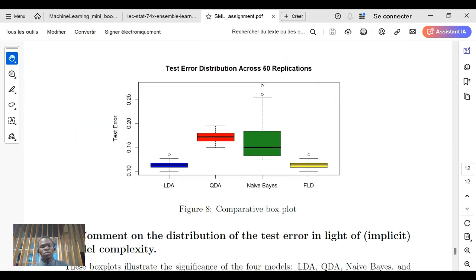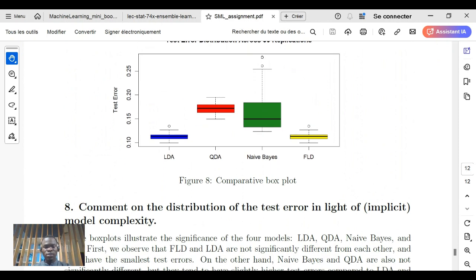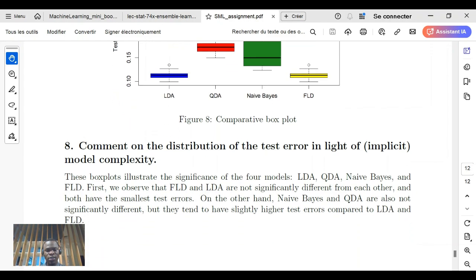We draw the box plot after splitting the data into training and test parts. We train the models and then we test them. Then we find the errors, and then the mean of the errors. Here we draw it, and you can see that LDA and FLD are not really statistically significantly different. At the end of the day, you can notice that these models are the same, and they are the best models that we can use to predict our data. This is the end of the